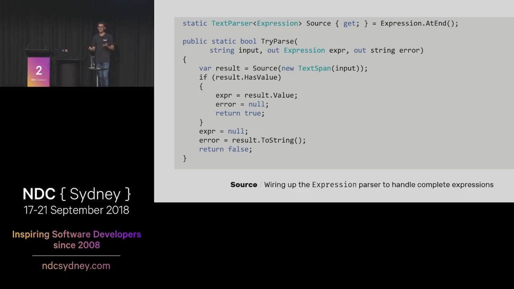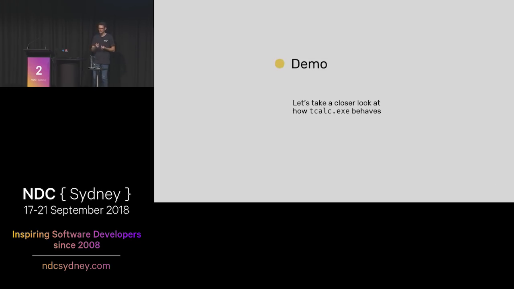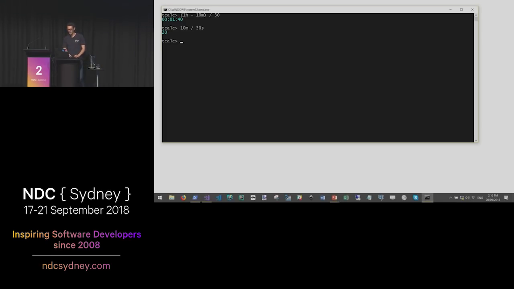Then try parse is just a little wrapper that constructs the source object, calls the parser and returns the result. That all adds up to give us what we were looking at a few minutes ago. If we have a look at how it behaves, you see it does work, I think.